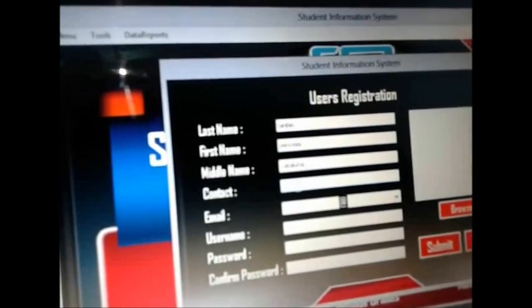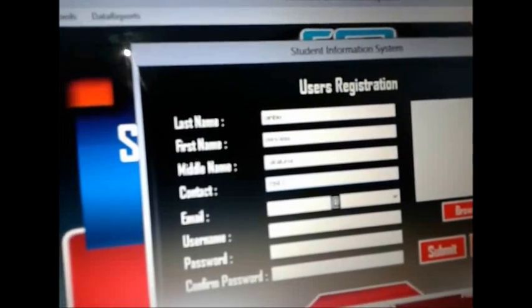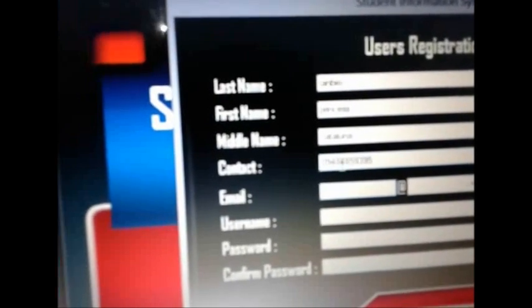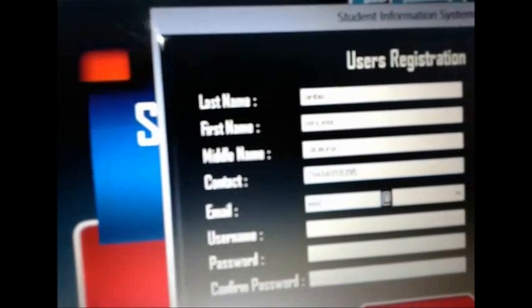For the contact number, only integers are allowed, and it has a minimum length. For the email,